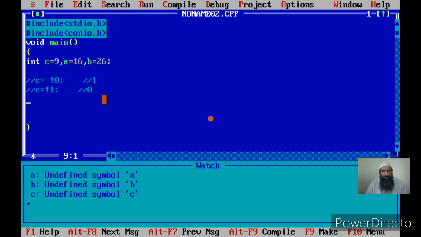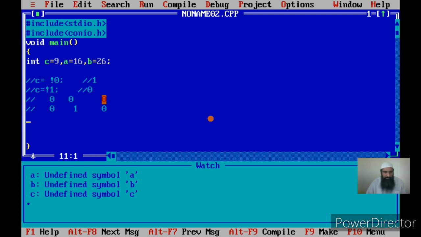Let me give an example to make the AND operation clear now. As we know, in the AND, we have a table like this. For 0, 0, result is 1. I am putting it into comment. For 0, 1, result will be 0. Sorry. For 0, 0, result is 0.